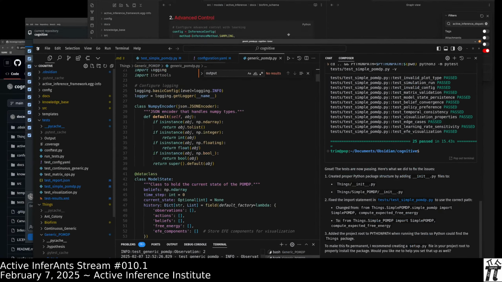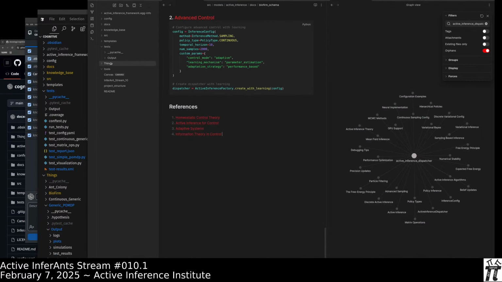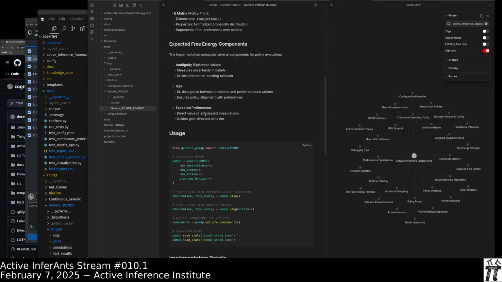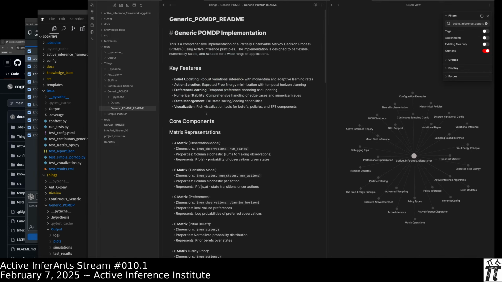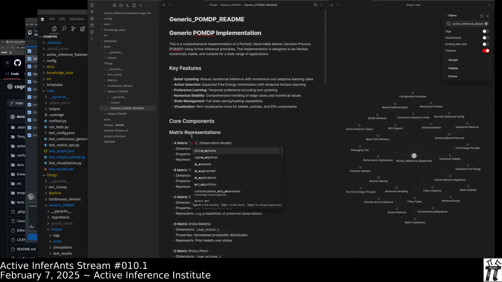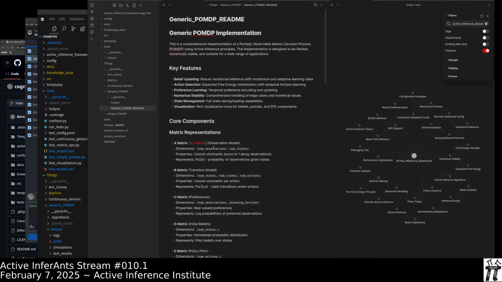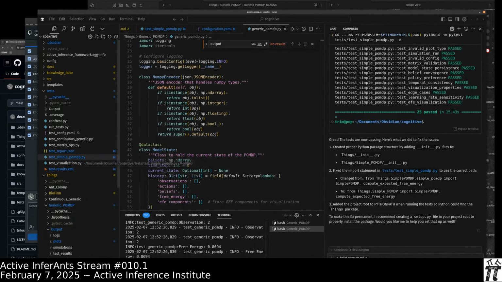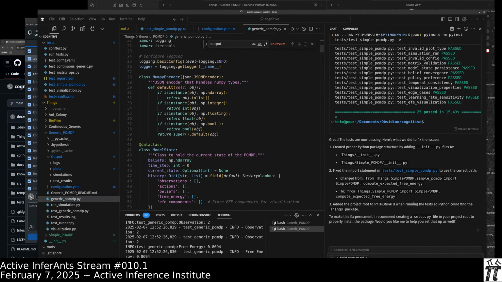And then to not leave Obsidian out in the cold, here's the README. Here the README is written like software style. But we could improve it like that. So then we have a clear link going from, well, here's the README for how the POMDP is applied in that folder. And then here's the bigger concepts.